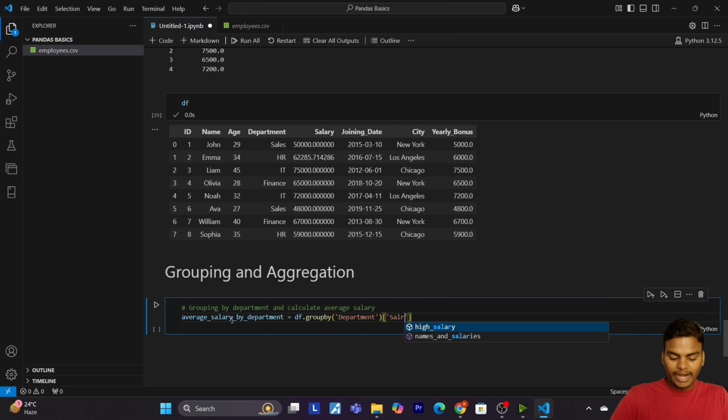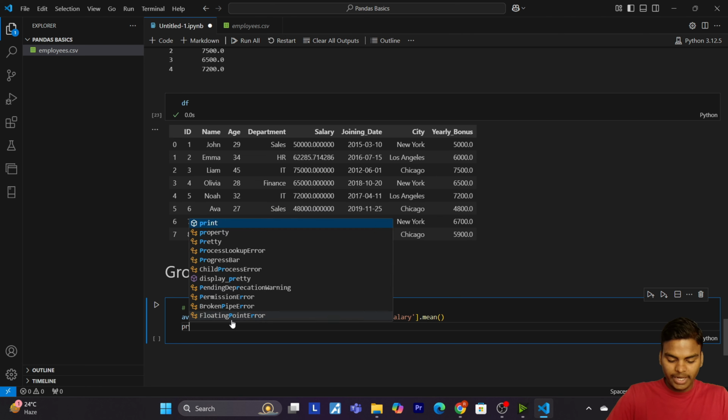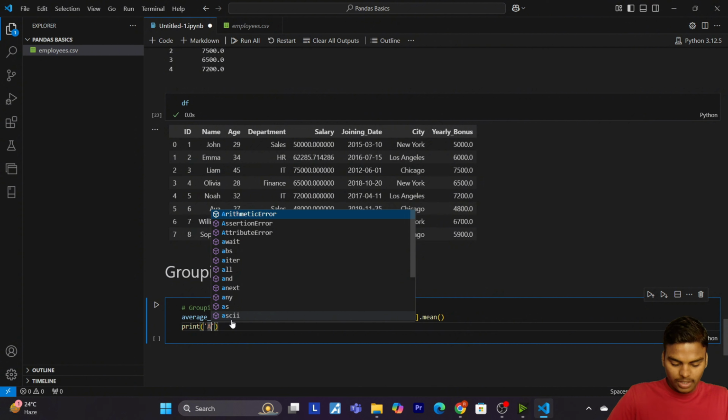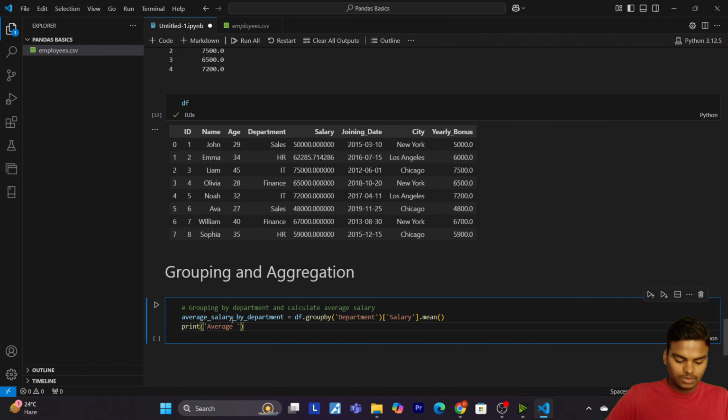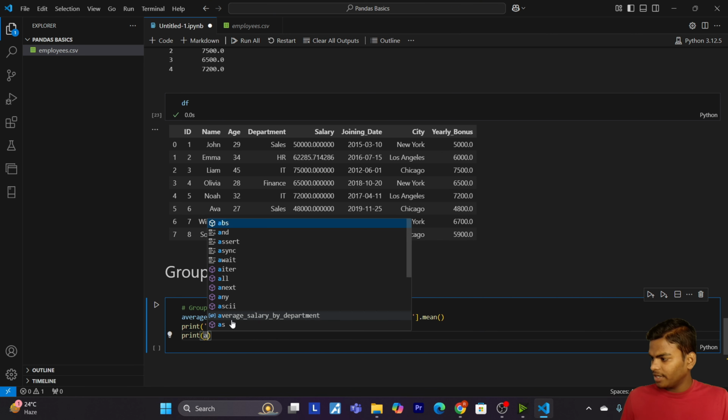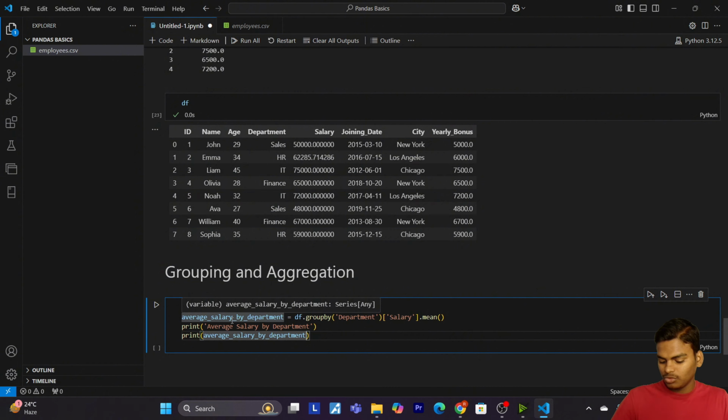Okay. Then write salary, and the last thing you have to do is dot mean. So now just print average salary by department. Okay.